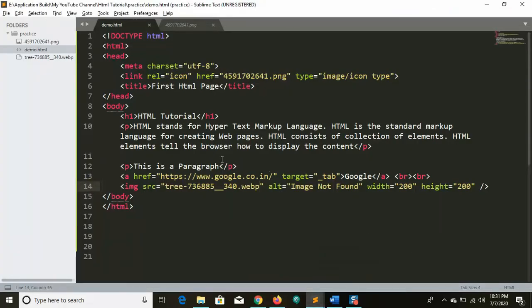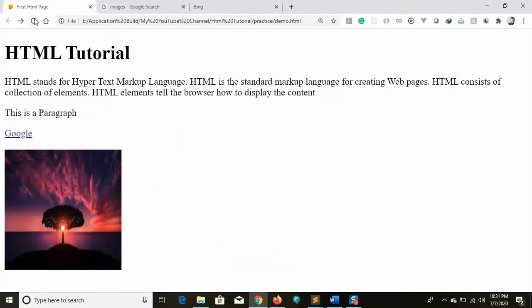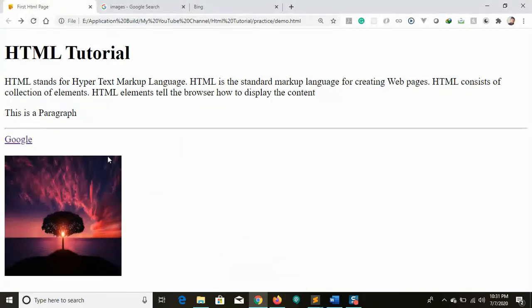There's a simple tag, hr, for the horizontal line. In the same way, we don't have an ending tag for this. If you need it, you can give the slash, self-closing tag. Okay, let's save and reload. So we have a very nice horizontal line.